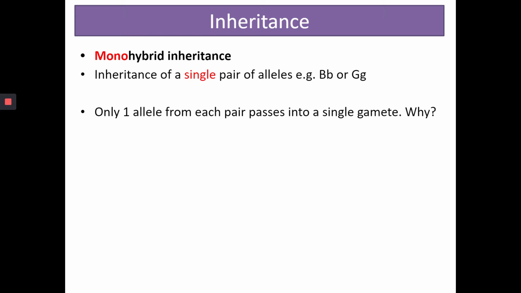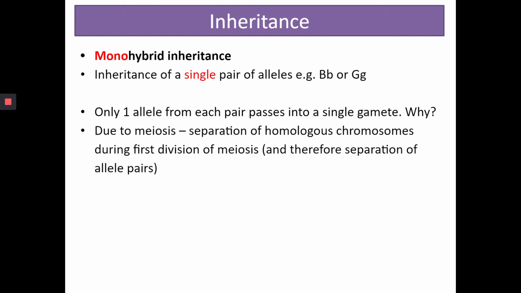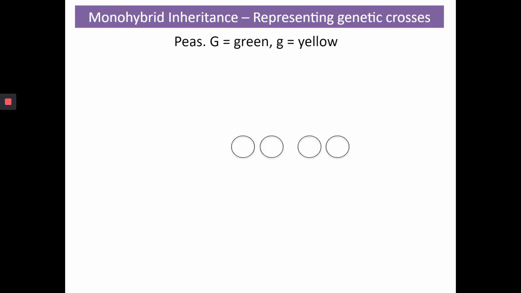Now the question is why? Why do we always separate the alleles while we are writing the genotype of the gametes of the parents? The reason is meiosis. In meiosis 1, the homologous pairs separate and go into two different daughter cells. So if homologous pairs are separating, it means the alleles are getting separated. So ultimately the four gametes that will be formed from one parent cell will have copies of the two different alleles. So we basically call that the segregation of alleles.